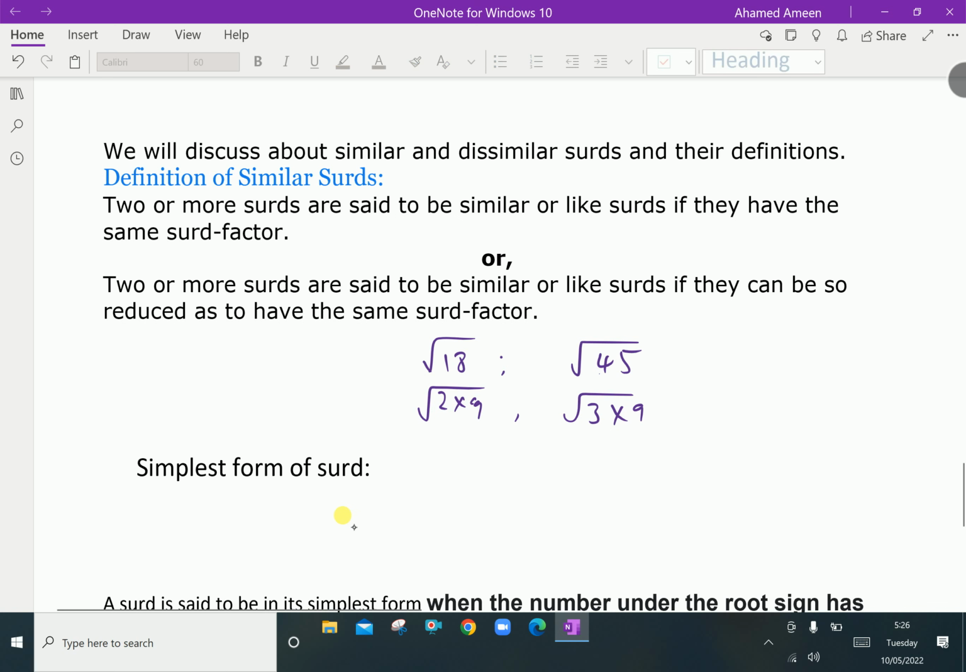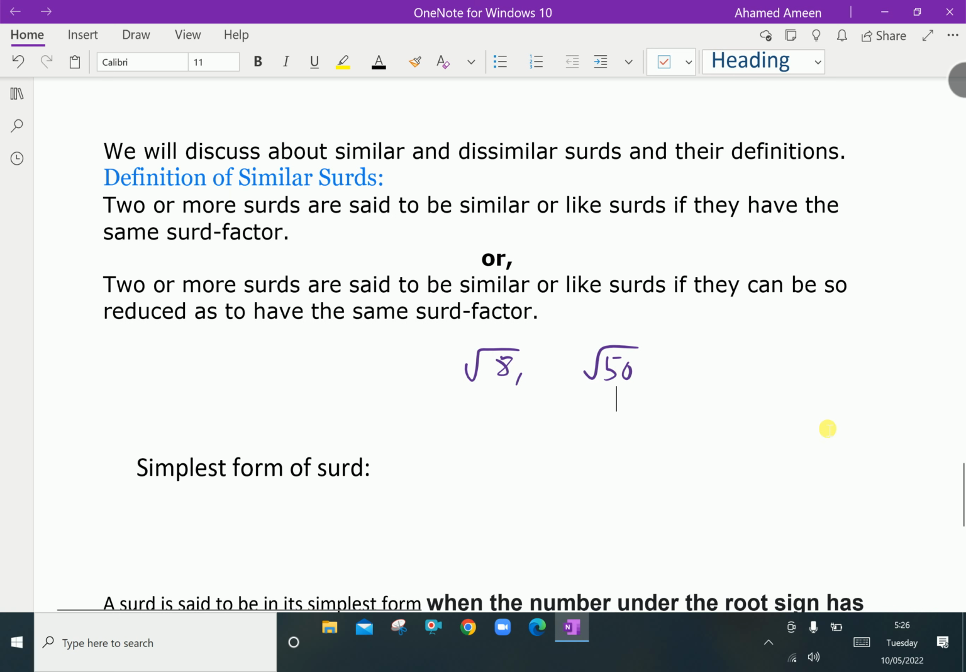We'll give some other example. Look here, suppose square root of 8 and square root of 50. Here square root of 8 can be written as square root of 2 into 4 and square root of 50 is